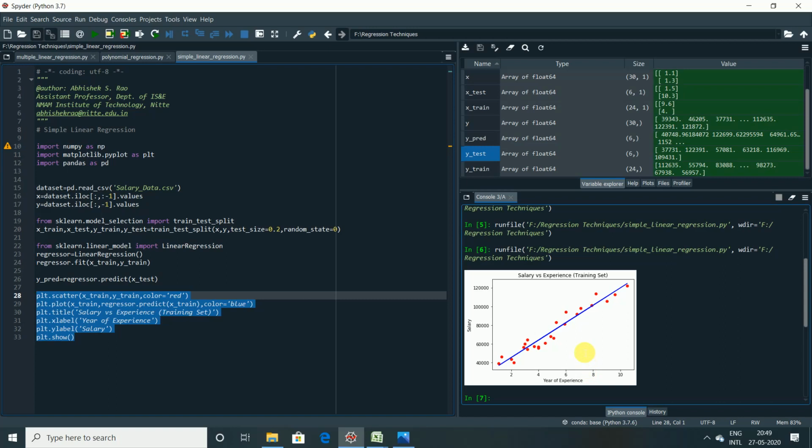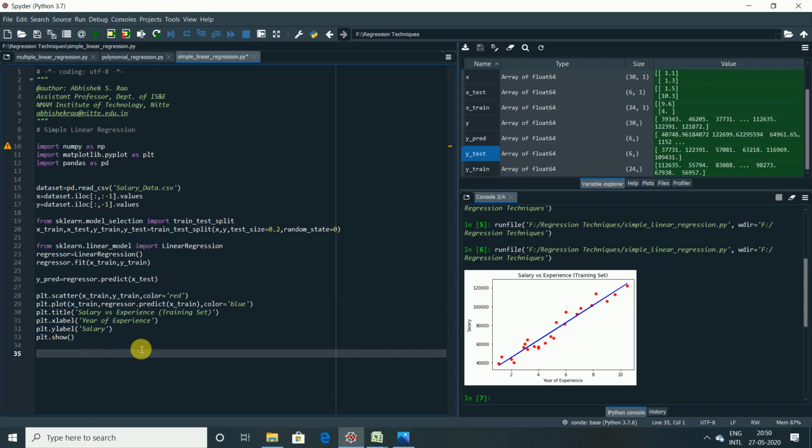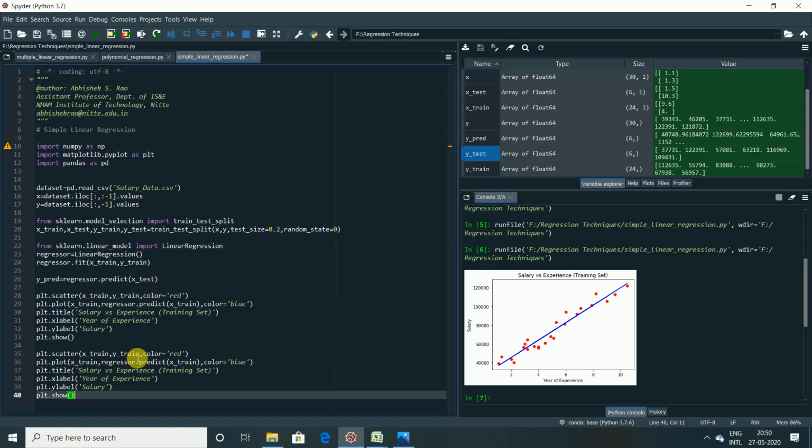Now let us visualize the same closeness of the results with respect to the test set. We should decide whether we are getting the same closeness of result in the test set also. So I'll copy this and paste it again to save time, and I'll change a few things.